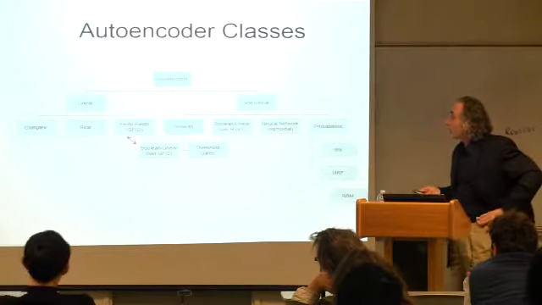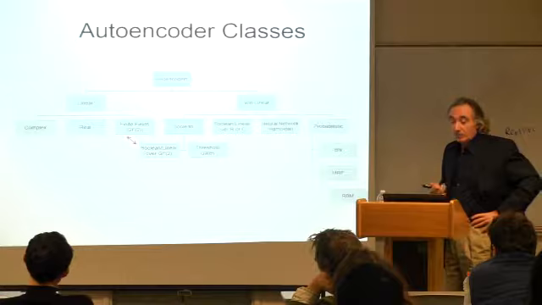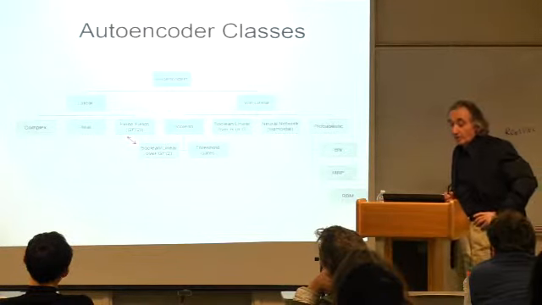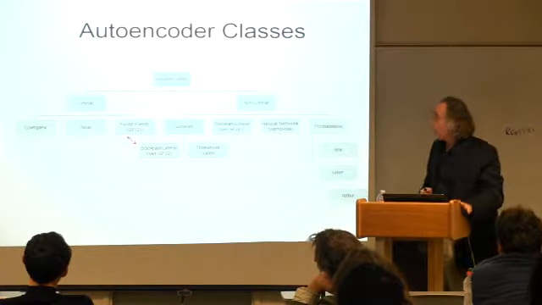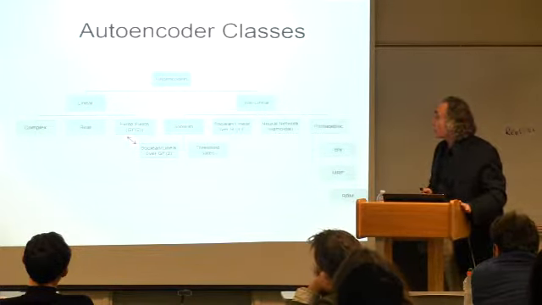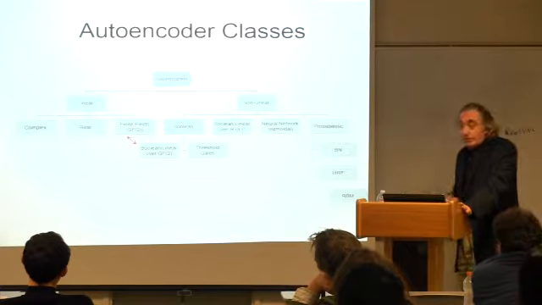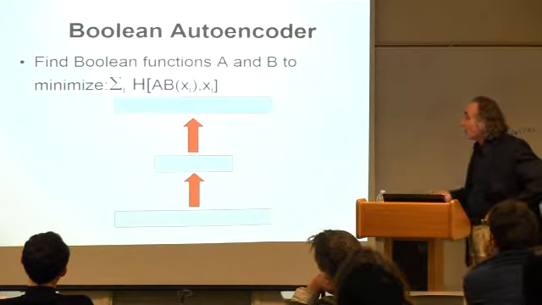But of course, in machine learning and other areas, you're interested in nonlinear autoencoders. And so the question is, can we solve a nonlinear autoencoder in a precise, more mathematical way? And up to recently, there was no such solution until we started looking at the case of Boolean autoencoders,